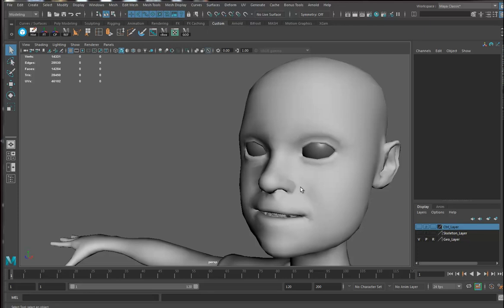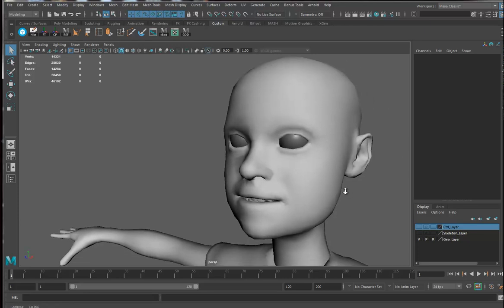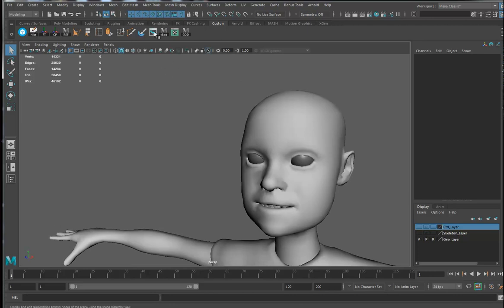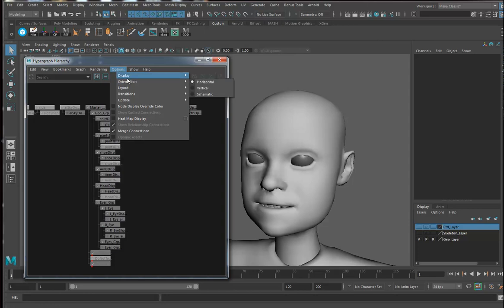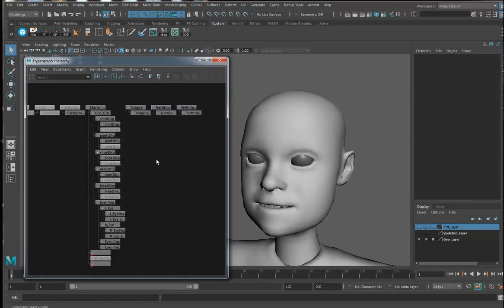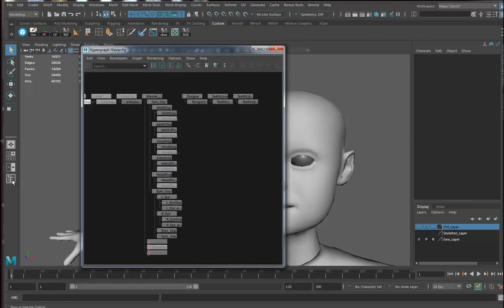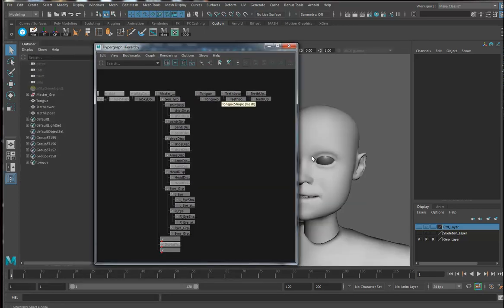Okay, so what I'm going to do now is I'm going to do some blend shapes. And I'm just going to do a quick organization here. What have I got? Remember, I'm looking in here and I've got my display shape hidden underworld nodes on, so you see extra little nodes inside the hypergraph. Don't freak out. If you want to see it here, well, at the same time, I'll put it inside of